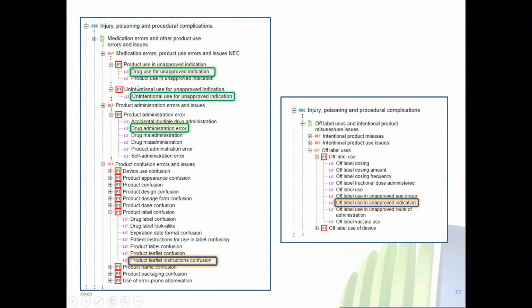Unintentional use for unapproved indication would capture the accidental nature. You could, of course, also argue that the accidental nature is already captured with the drug administration error, so that drug use for unapproved indication would suffice. But I would always try to code as specifically as possible and select the unintentional use for unapproved indication plus the drug administration error.